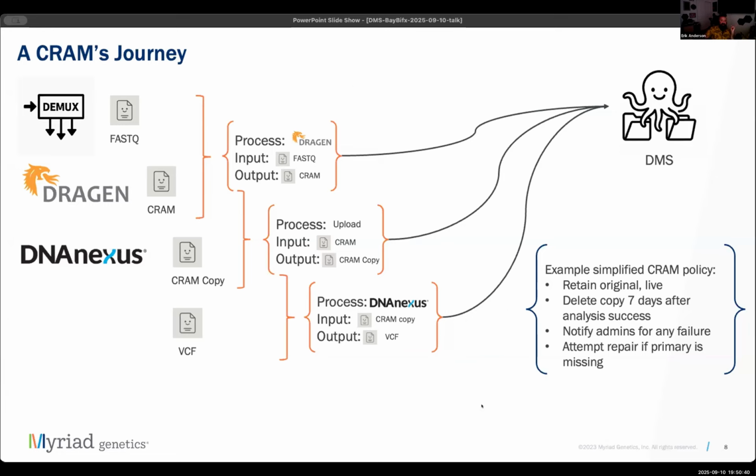Along the way, if failures or anomalies appear instead, the same event flow triggers the right policy action, perhaps to wait longer, perhaps to alert admins, perhaps to attempt repair, or some other third combination or fourth combination of all of these possibilities. This way, our policies are provided at once and the DMS enforces them consistently across workflows as they execute. As the system changes, the DMS reacts and manages along the way. And that is how the DMS thinks about data.